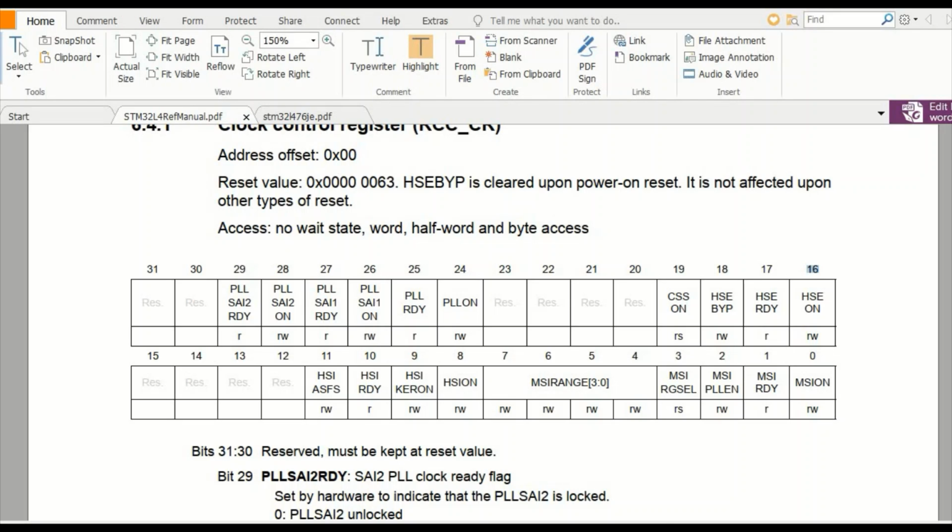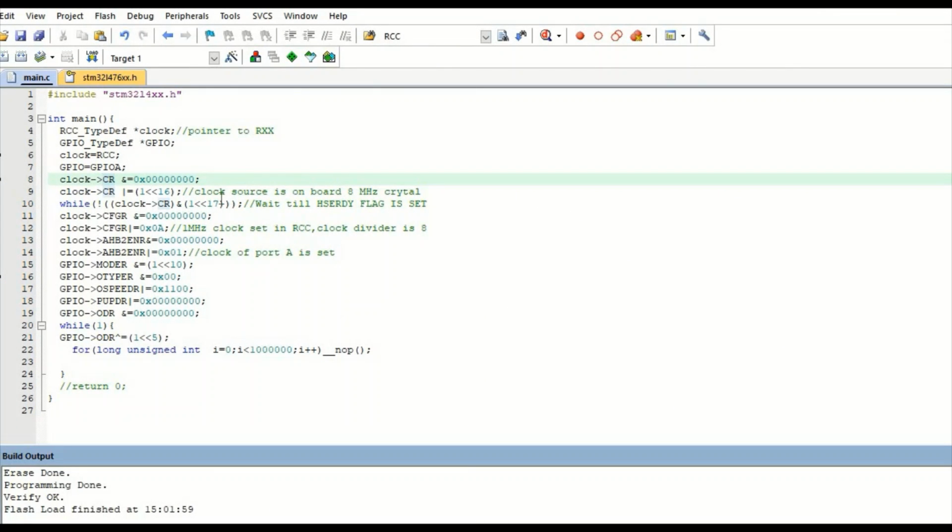So what I will do, after resetting its value here, I just OR it, after setting the 16th bit. This is the bitwise operator, this OR and equal to.